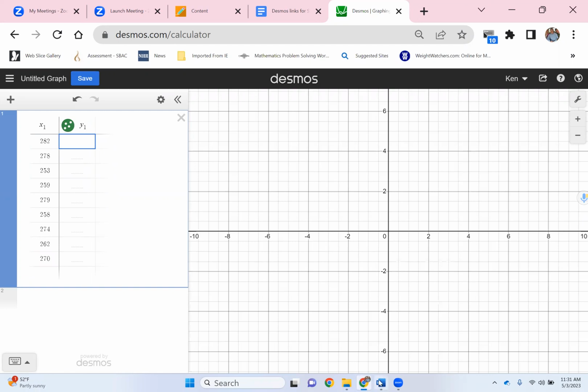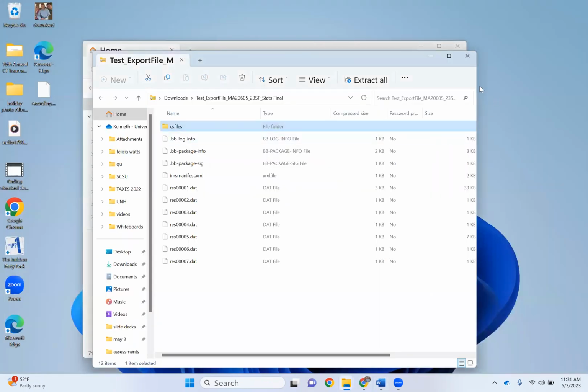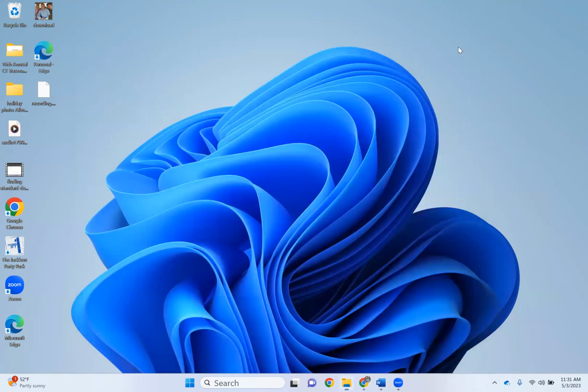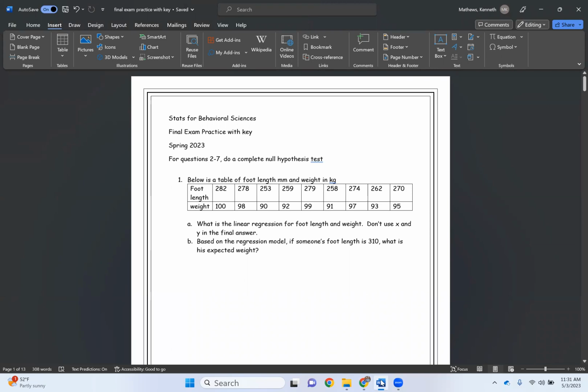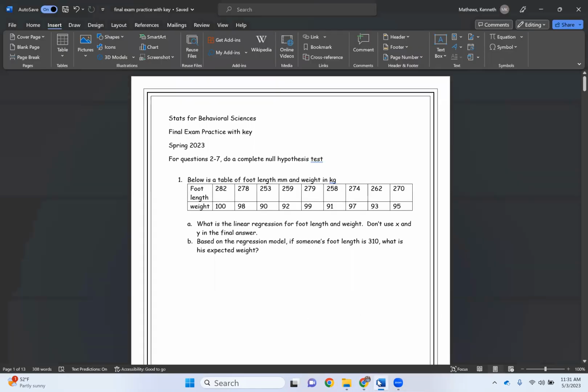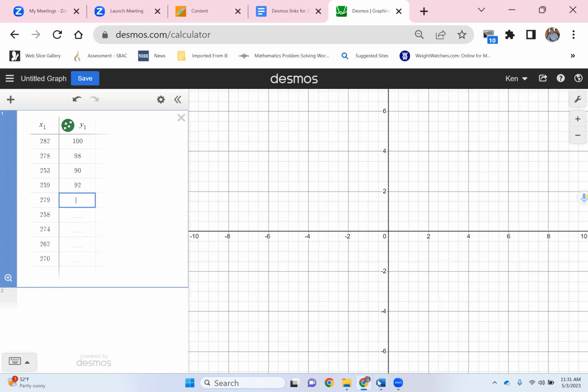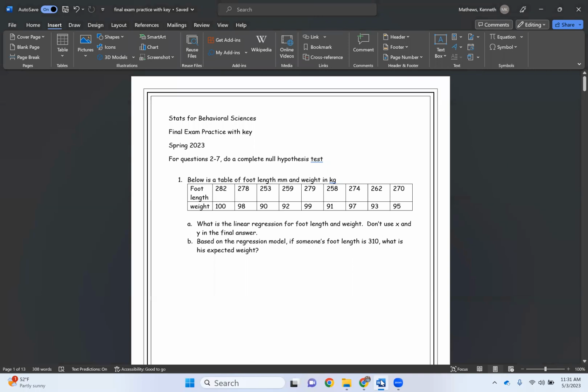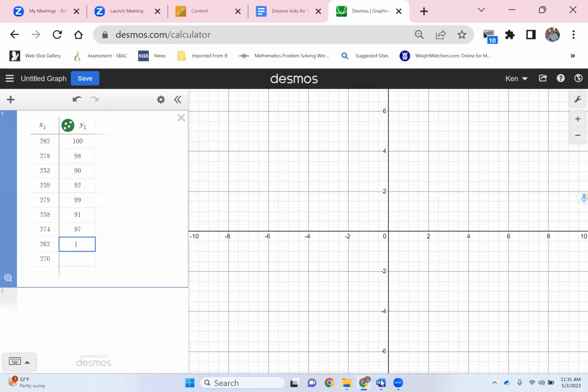All right, now our Y values, which are weights. Okay, so we have 198.90, and then we have 92, 99, 91, and then we have 97, 93, 95. And it looks like we don't have any of our points plotted, but that's because our X